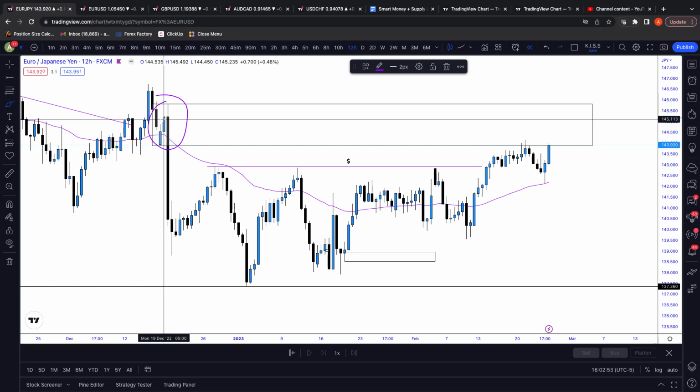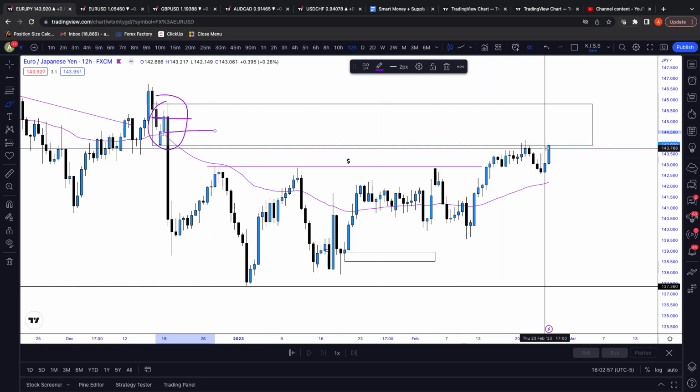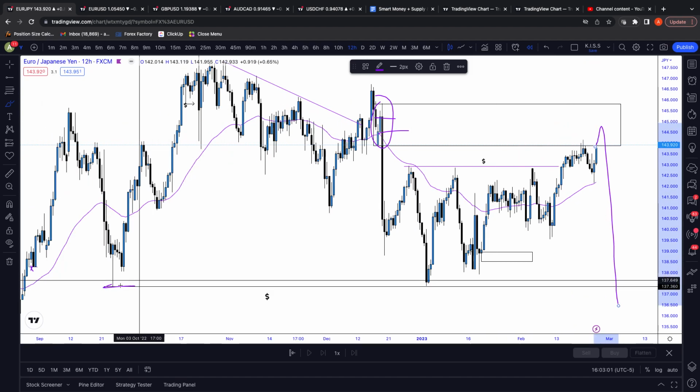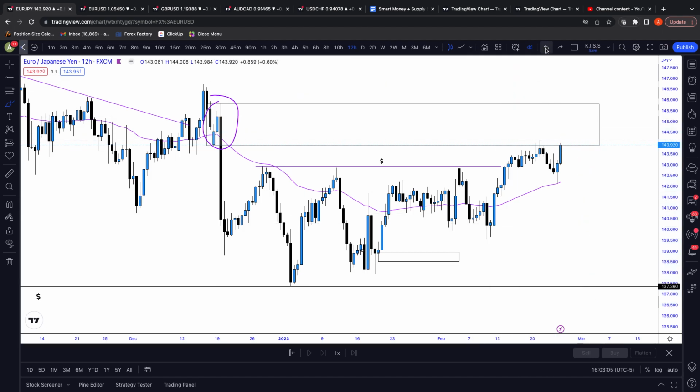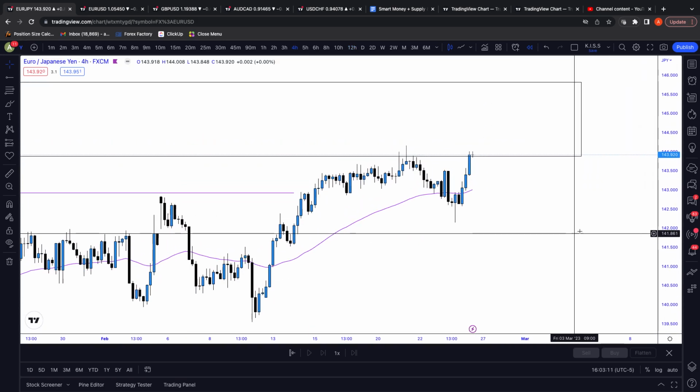We could very easily trade deeper into this area of supply, right? And then see that sell off, right? Into our equal lows, which you'll recall here, equal lows. All right, so again, like I mentioned last week, it's a patience game. We have to be patient, right? Let them weed out all the retail traders, right? And then we'll get